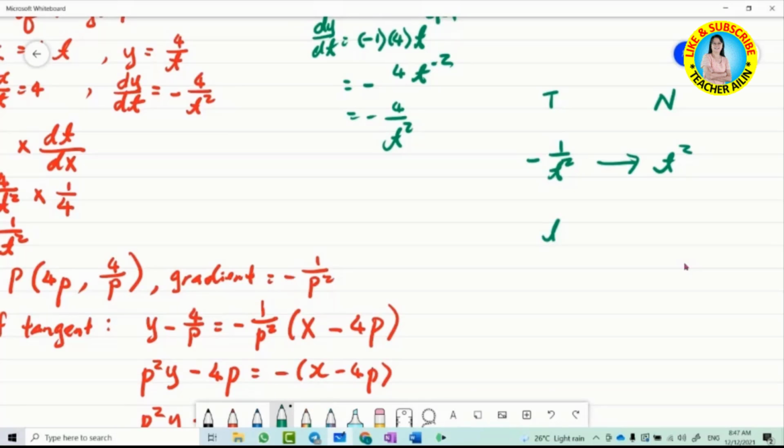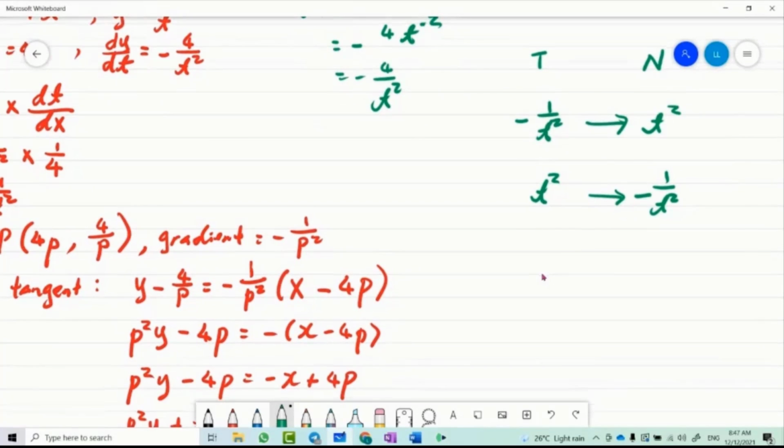Kalau tangent adalah t kuasa 2. Okay, so you terbalik dua benda. Satu daripada positif ke negatif. Satu you terbalikkan nombor ini. Macam tu. Alright. Kalau gradientnya adalah 2x campur y per y. Kalau lah. Okay. Then dia punya normal adalah apa? Negative y over 2x plus y. Macam tu. Faham konsepnya? Kalau tukar balik sama juga.